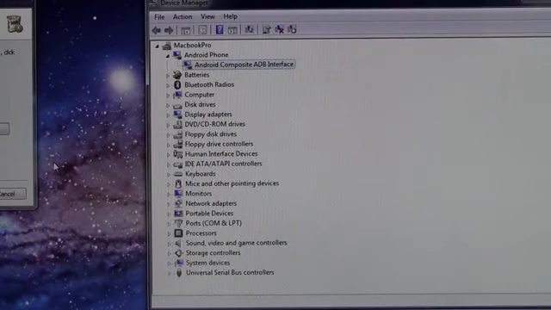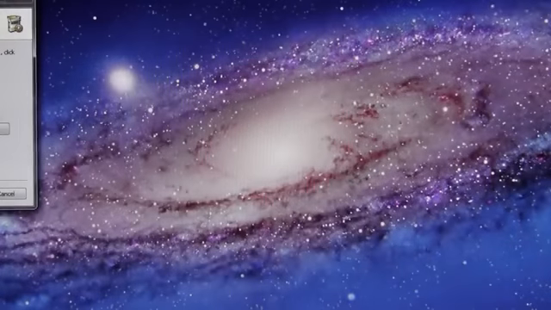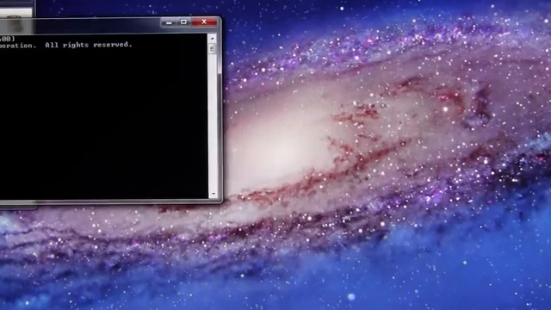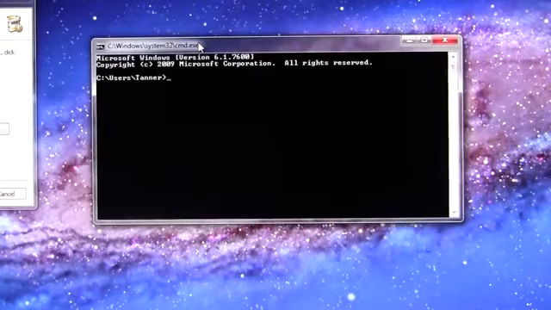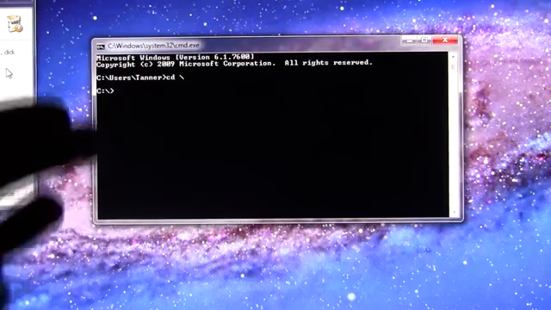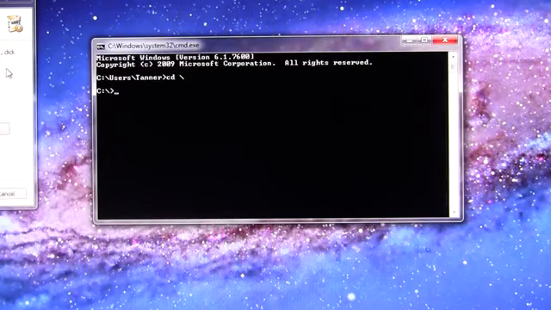So now that we have that out of the way, that is the absolute hardest part. What you have to do now is open up Command Prompt. If you don't know what Command Prompt is, it's super easy to open it. You just go to the Start menu and then type in CMD and then open Command Prompt, and we will need to type in the following code: CD space / and then hit return. Now this basically is just targeting your C drive,